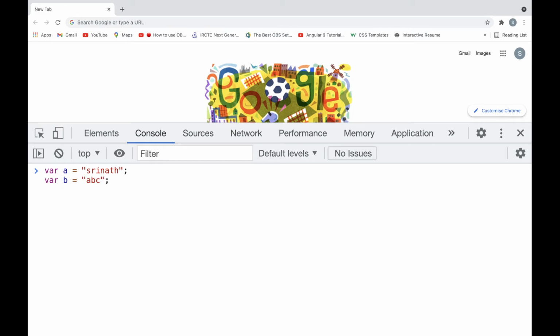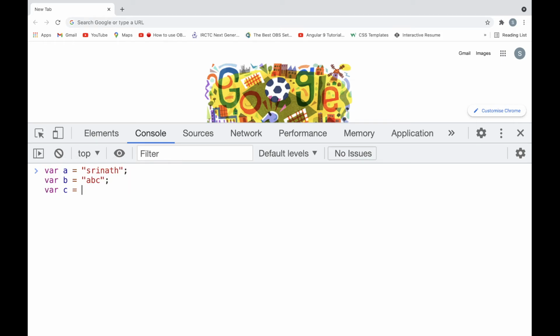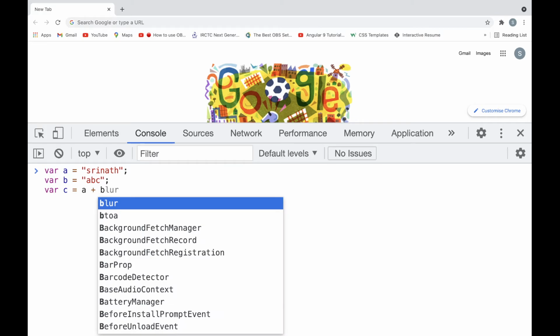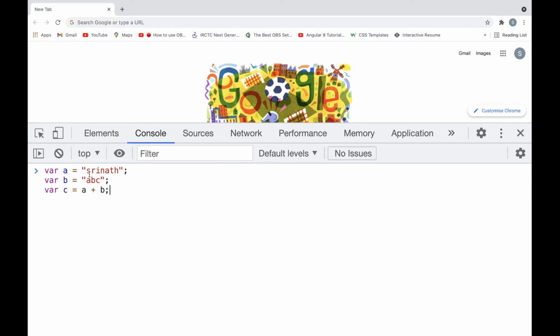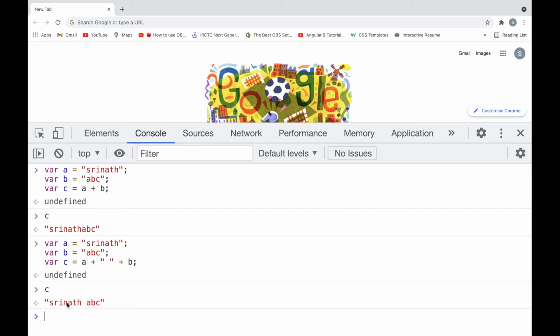Now I want to add these, so I will take one more variable, var c equal to a plus b. We are adding multiple strings, Srinath abc. If I want some space between a and b, we can add one more string here to give some space. Now it comes like this, Srinath space abc.